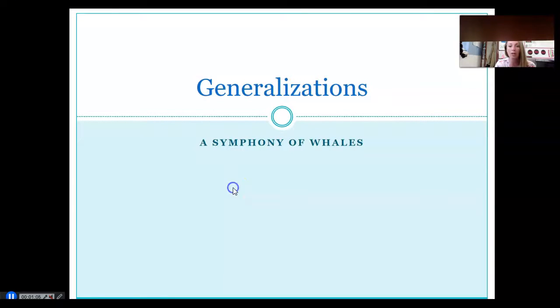But today we're going to be practicing how to make a generalization or a general statement about a story that we're given. Now this is the way that you should think about it. You should think, what is this mostly about? What is it all about? So when we read this story, we're going to say to ourselves, the generalization is what it is mostly about. So that's how we're going to practice this today, and it will help you a lot when you're doing your paper or your test for tomorrow, and also your paper for grade that you're going to have after this. So let's go ahead and get started.